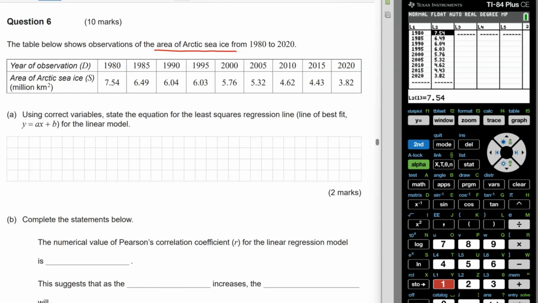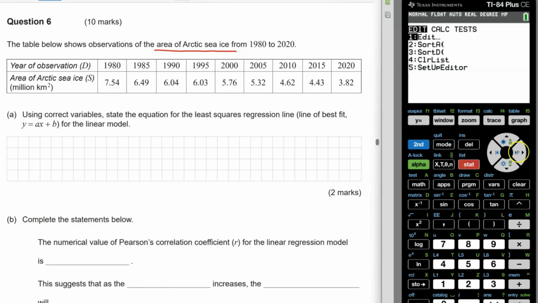So once you've entered your data, you're just going to go back to your stat one. You're going to go across this time to calc, and you want to go to where it says linear regression AX plus B. You can just press number 4 to go there directly. We entered our data in list 1 and list 2, so just make sure that they've been done correctly. And then we're just going to go down, and we'll just go down and calculate. And you can see there that you get your A and B values that you're going to put